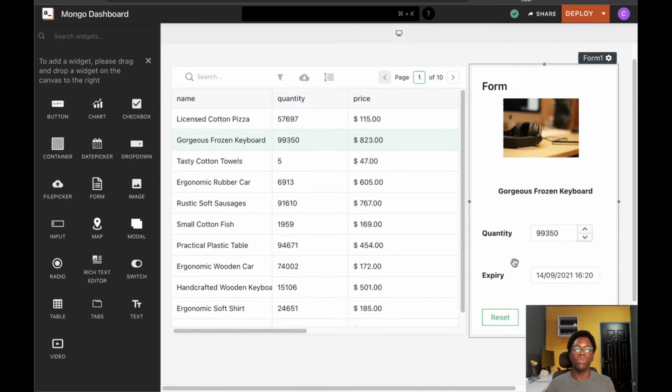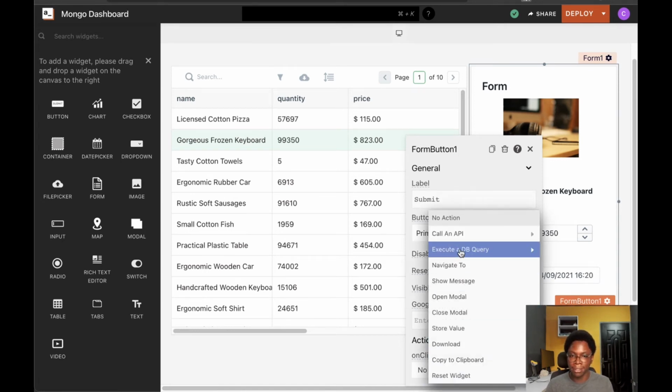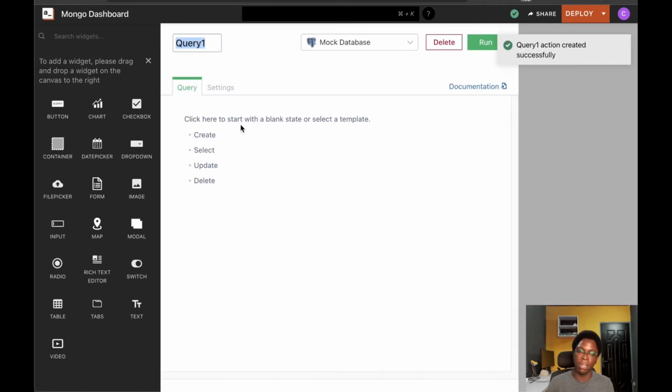The next thing I'd like to do would be to configure the submit button such that when it is clicked, a new query is run to update the item selected on the table using the information provided on this form. So to have that happen, I am going to configure the submit button. For the onClick action, I am going to execute a DB query, and this is going to be a new query that actually does the update. So I'm going to name this query update product,